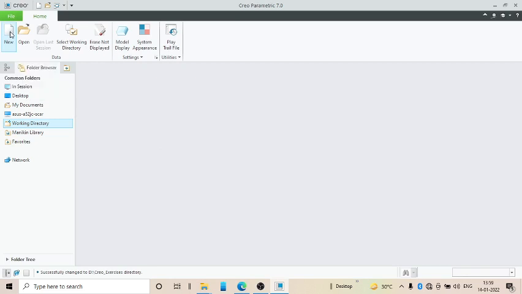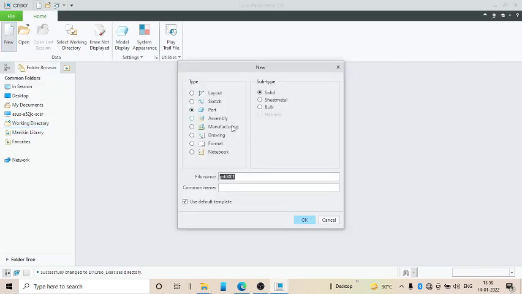Go to new. As we have done in the first exercise, we'll use the same method. We will go to sketch and give a name here, exercise 02, then okay.